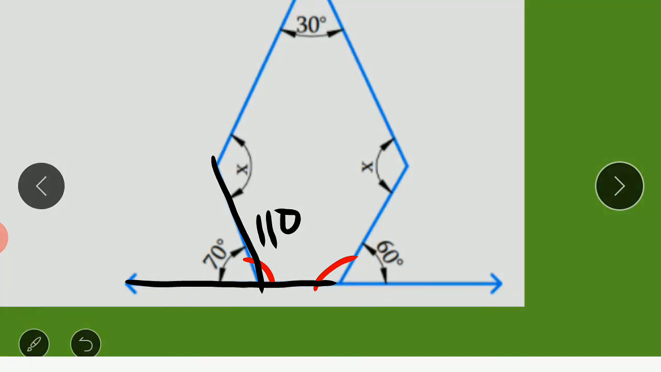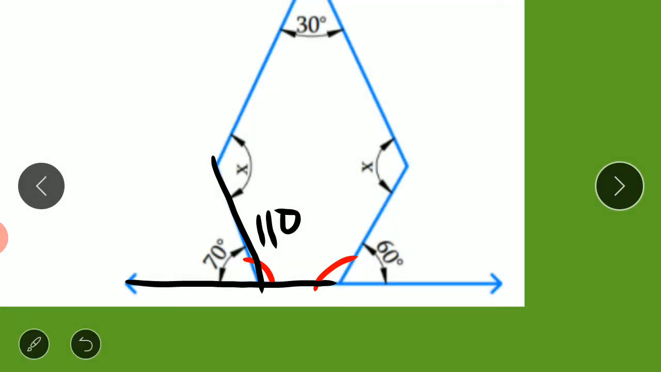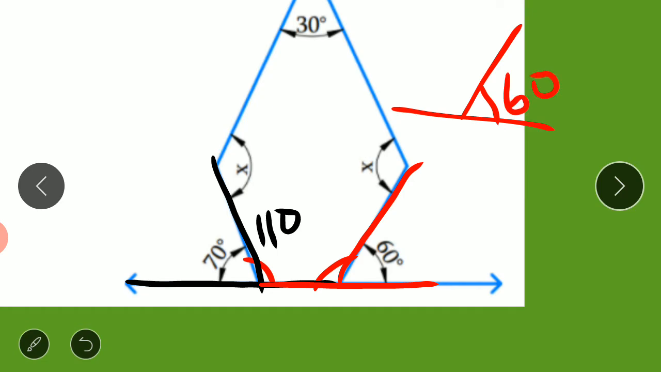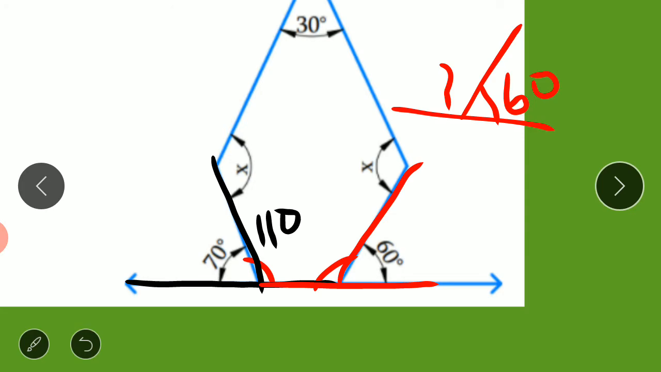Likewise, see, is it looking like a linear pair or not? This is also looking like a linear pair. If this angle is 60 degrees, what about this one? So again 180 minus 60, we get 120. So now we have all the angles, that is 30 plus x plus 120 plus 120 plus x